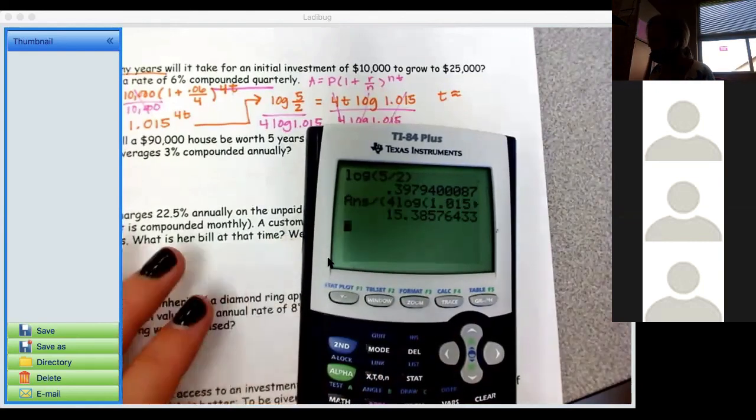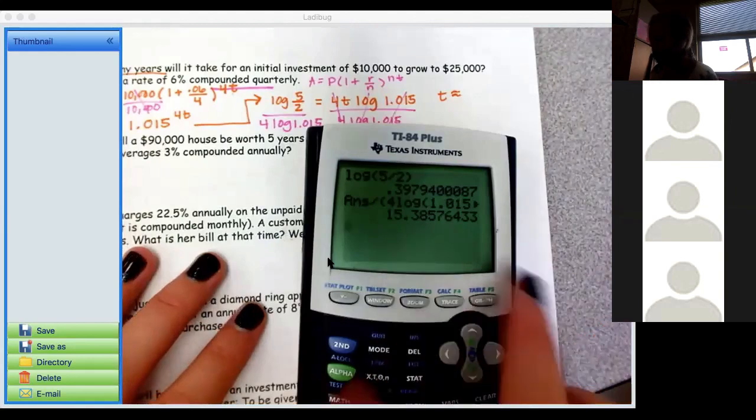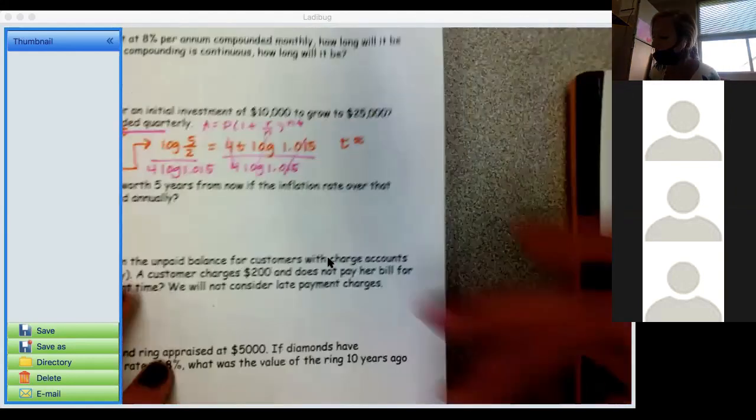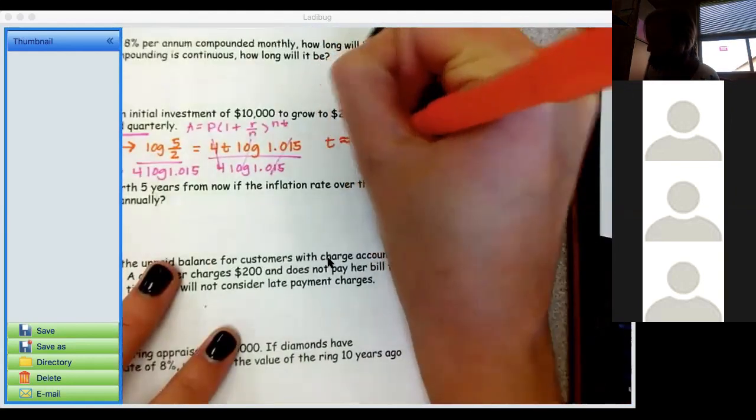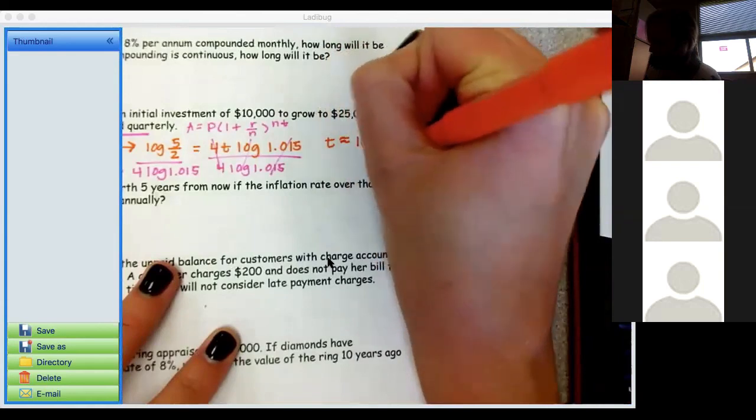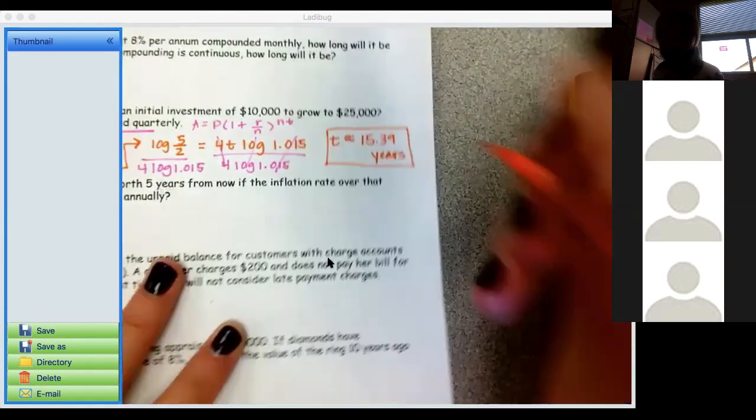So for the time, I'm getting 15.39 years. And this is one of the harder ones up here. I think there's only one more like